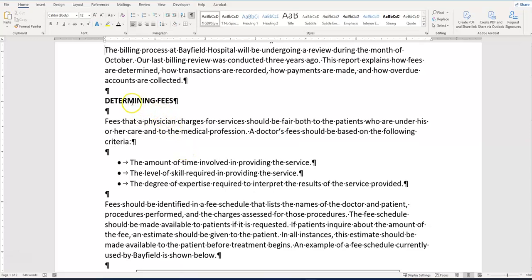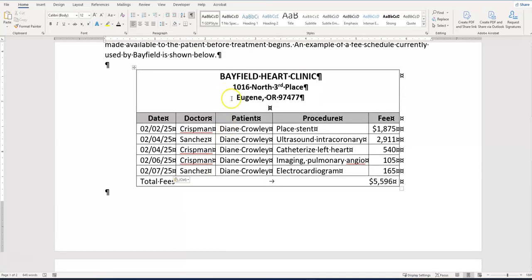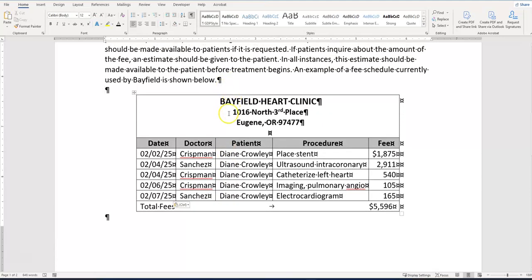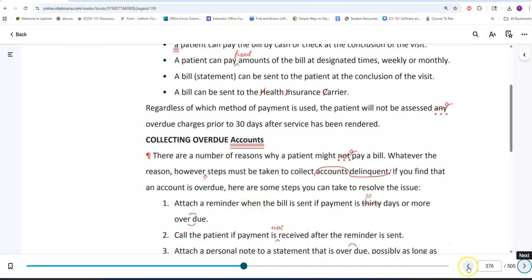Remember that for side headings, those need to be bolded and all caps. We have 1 enter before and after those side headings. Also for bulleted lists, we have an enter before and after. Same thing for your tables. When you're typing in your table, you're going to see in your instruction sheet, let me pull that up, or